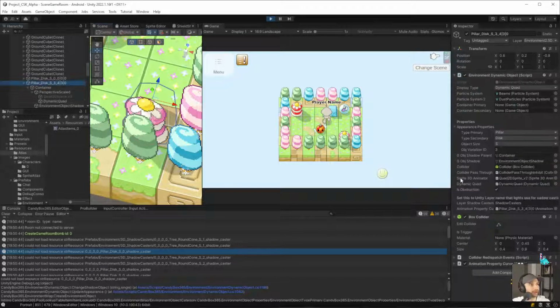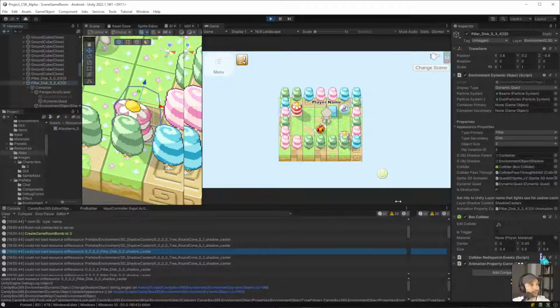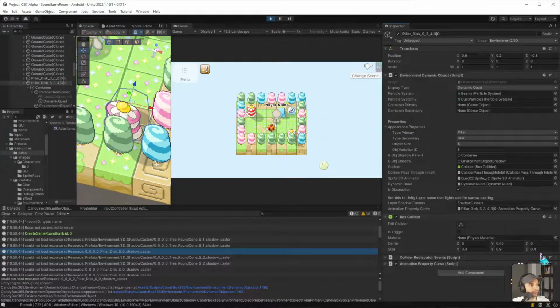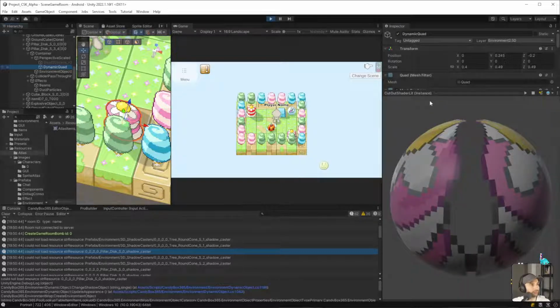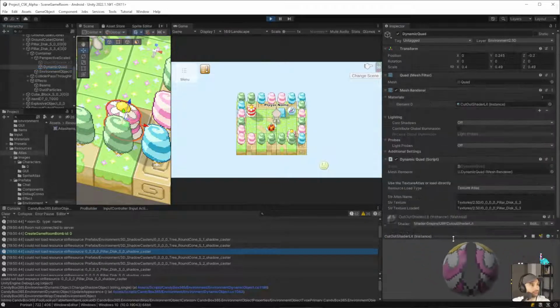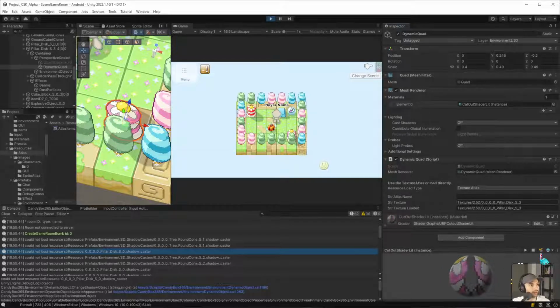So if we go back, this one is what? Pillar disk. Oh, it needs the full path. That's what's missing.